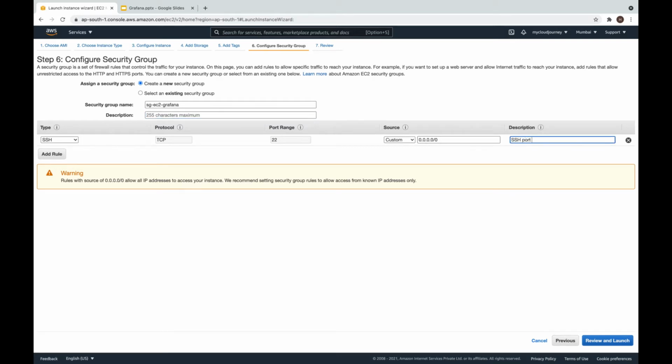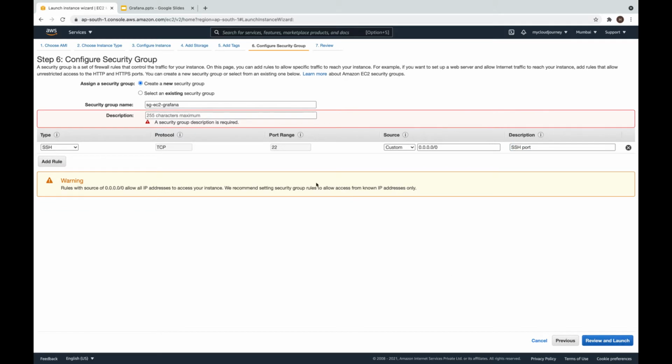SSH port as a description, but in a production environment it will definitely not be accessible from the internet. It will be either from your corporate network using VPN or using AWS Direct Connect. So for now I am keeping only one inbound rule. Once we have the RDS, load balancer and EC2 in place, I will update all the created security group rules, and then review and launch. Okay, I need to set the description.